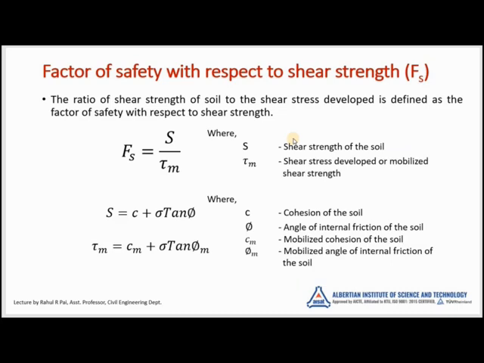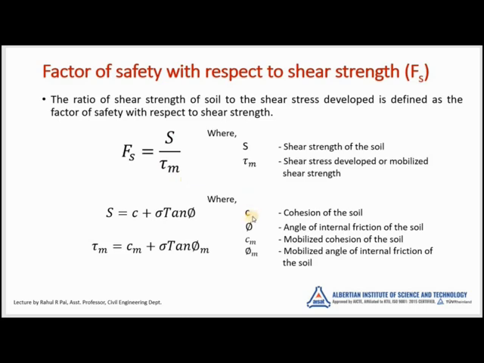That means if shear strength S is greater than tau m, here denoted as the mobilized shear stress, or that shear stress developed due to that failure zone, you can say that the slope is safe. So this is the equation. Factor of safety for shear strength Fs is equal to the shear strength of soil S by tau m,